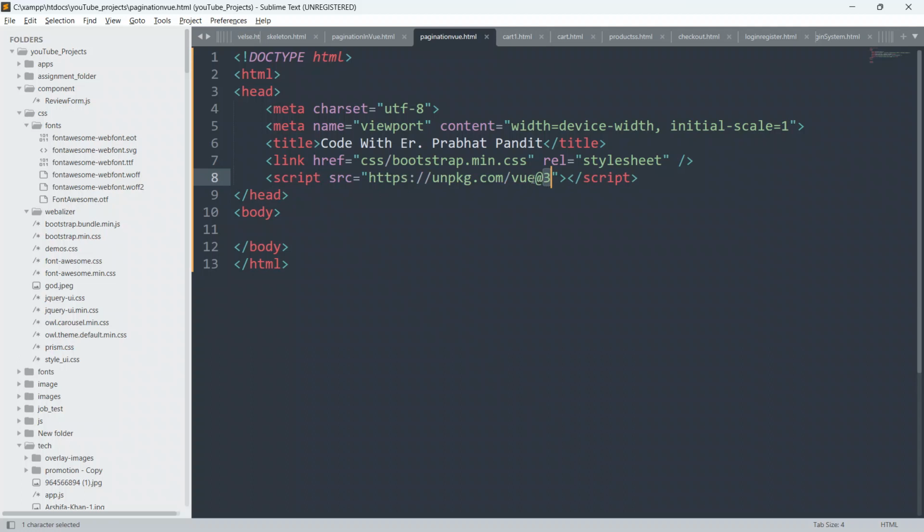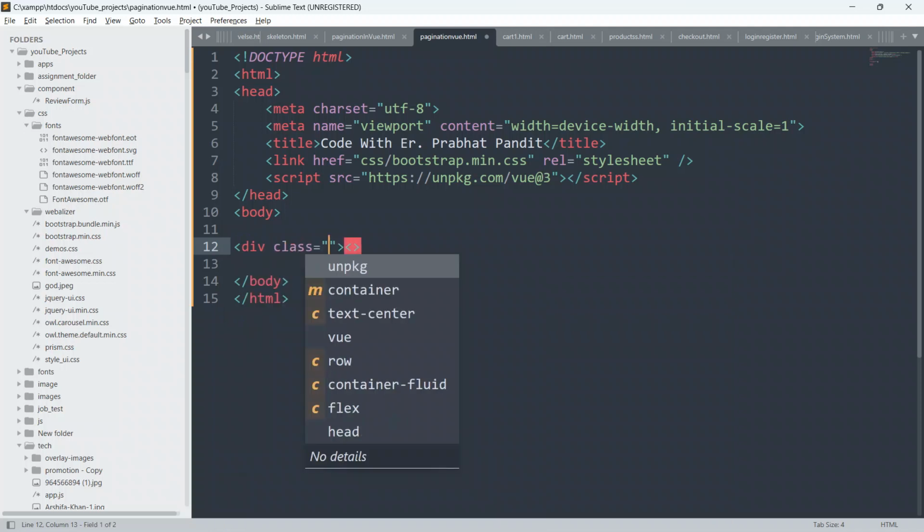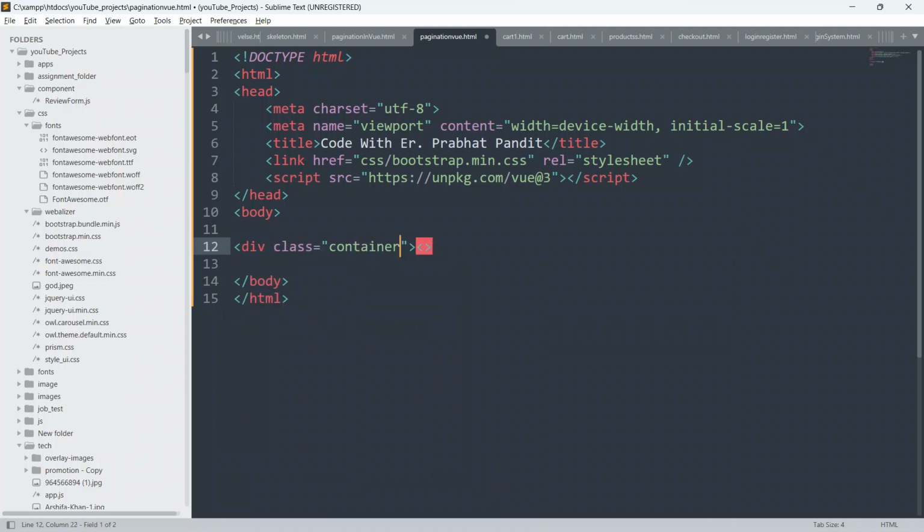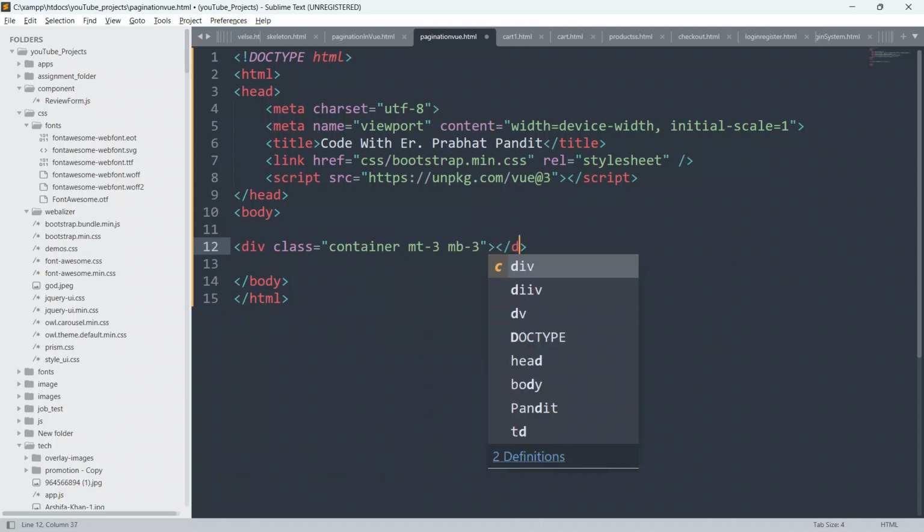First of all, let me create the HTML part. Create a div and give the class as container. Give margin top 5, and margin bottom 5, and close this div.